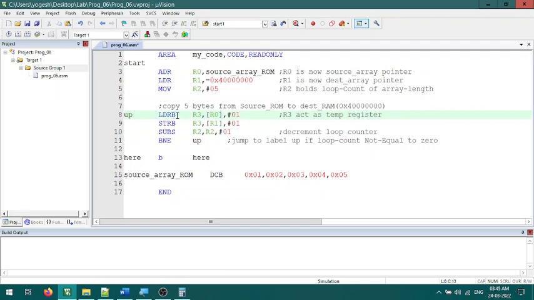First, the contents of the memory location pointed by R0, where square brackets indicate the pointer, which is initially 01, will be copied into R3, which is my temporary register. After the data is transferred, R0, which is my pointer, will be incremented by 1, so that R0 will start pointing